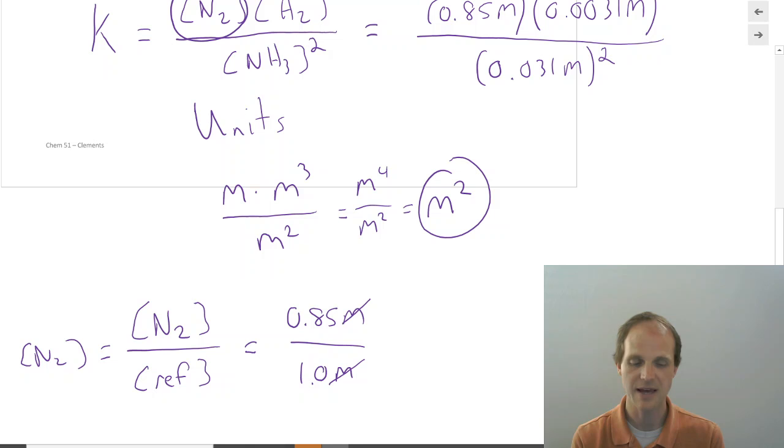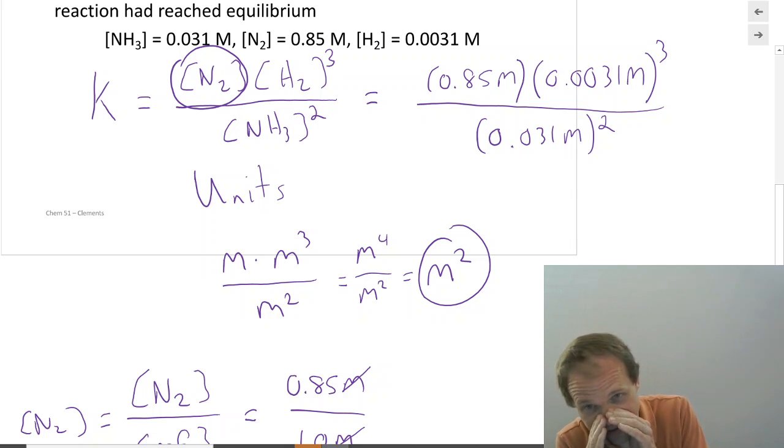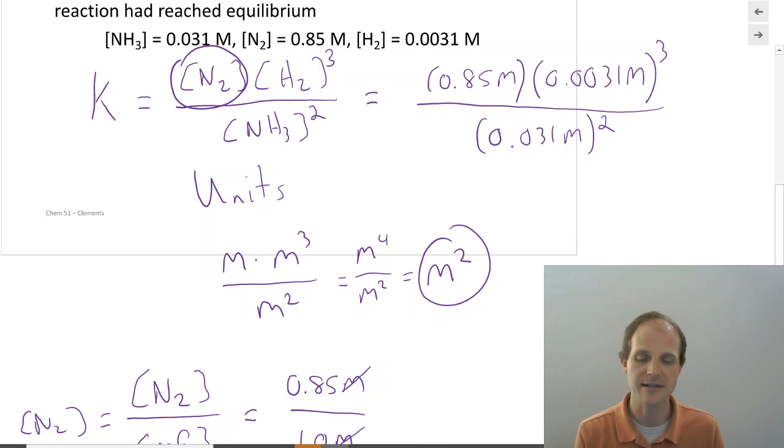But for our purposes, what that means is when we're writing down these reactions, we write these square brackets, we talk about concentrations, but when we write out the actual numbers, we leave off the concentrations as long as we're working inside this K. When we do find final concentrations, we have to bring those units back in. Now, we could write this K as N2 divided by reference concentration times H2 divided by reference concentration cubed divided by NH3 divided by reference concentration squared. But no one ever does that. It's like this little implicit secret. Hey, don't forget to divide by your reference concentration. No one ever writes, make sure to divide by your reference concentration. So we're not going to either. We're just going to follow what the rest of the world does.